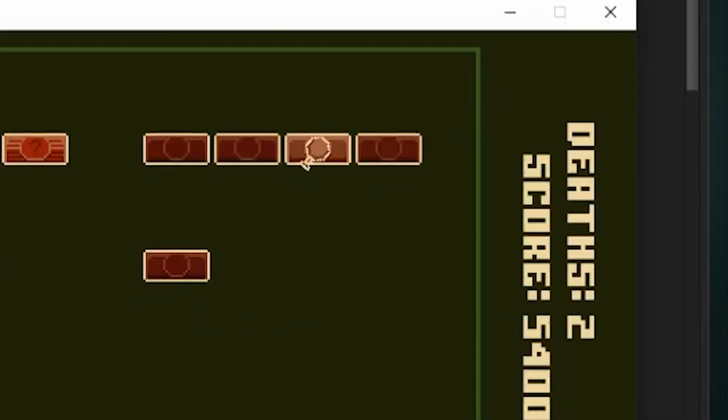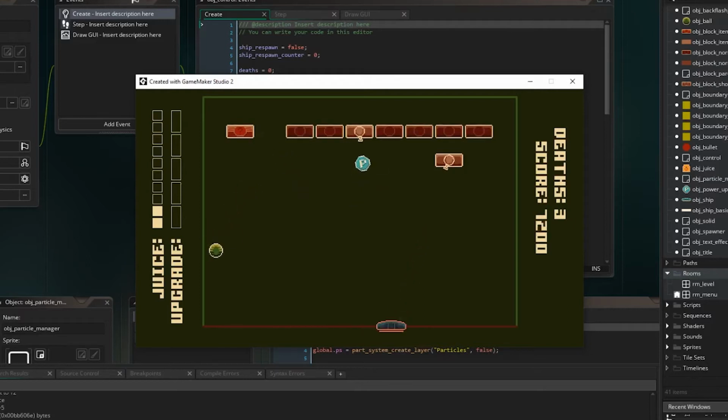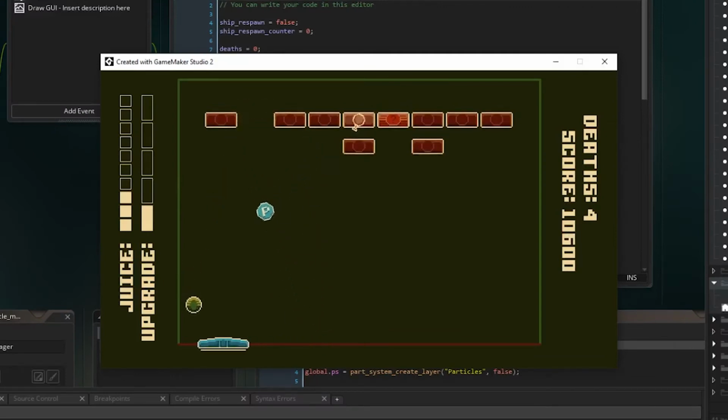First were these cannon blocks that shoot projectiles in the direction of the player. If it hits, it stuns the paddle and causes it to dramatically slow down and make it more difficult to prevent the ball from hitting the bottom of the playfield and then losing the game. The other type of block will spawn power-ups and juice upgrades after you destroy it with the ball. Next on to